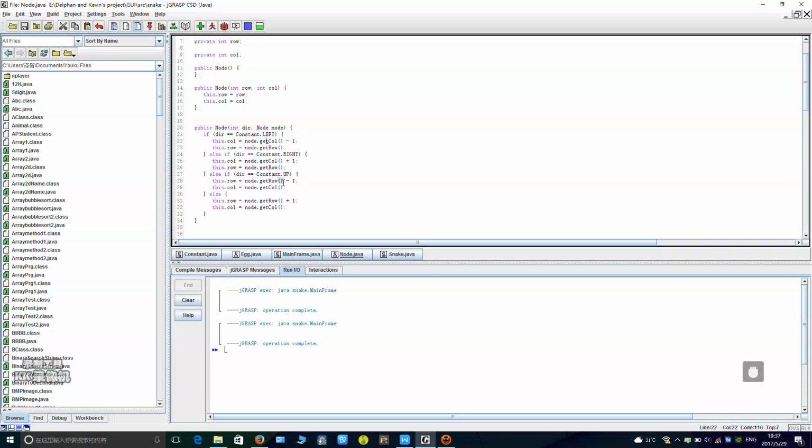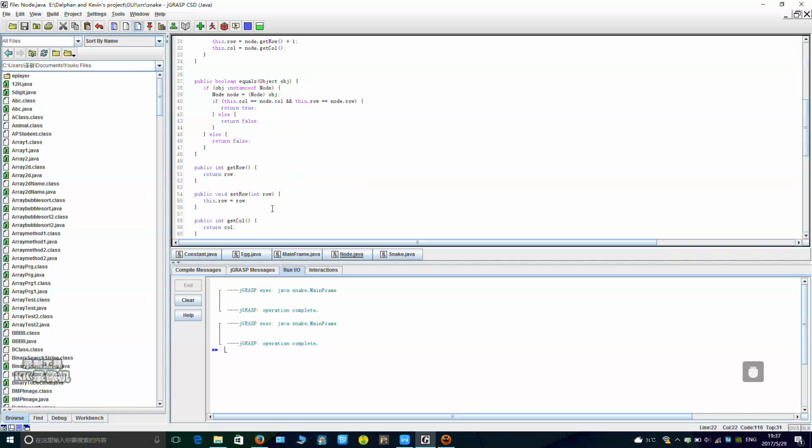And all we are doing here is just shifting every node 1 unit to the left. And the same logic for right, up, and down, right? And that's basically our node. And then we have to have an equals method here, right? So